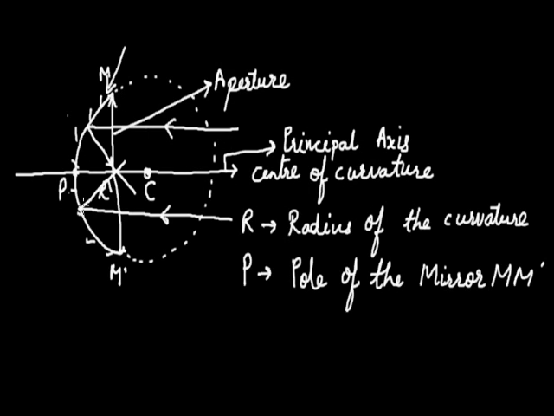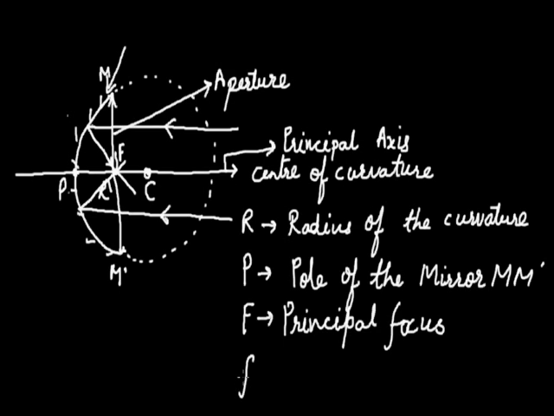A concave mirror is converging as it converges the parallel rays incident on it, after reflection, at a point which is called the focus. If these parallel rays are also parallel to the principal axis, then this point, say F, is called the principal focus. The distance from the pole, that is this point, to the focus is called the focal length of the concave mirror,